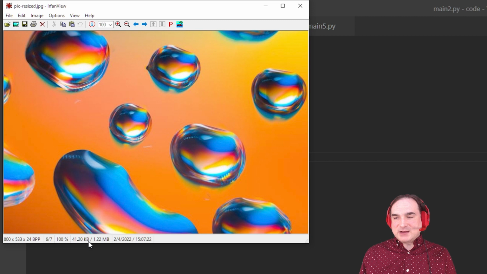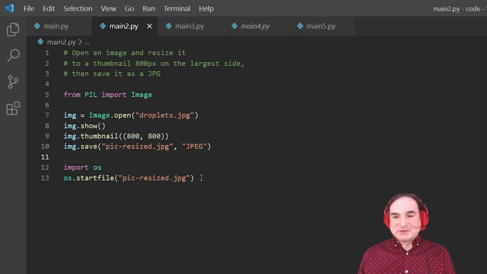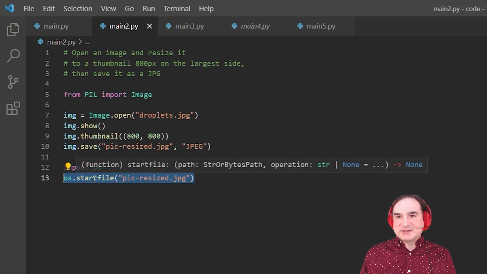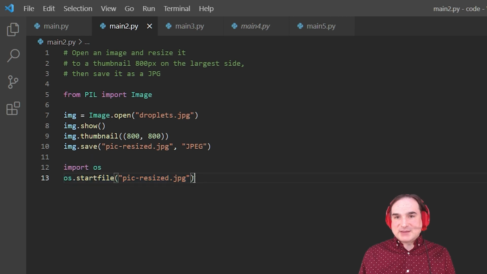By the way, I should note that for this script we're using the os.startfile method to show the image. What this does is it takes in a file name and then uses the operating system's default handler for that file extension. So this way we can actually display the file that we wrote out to disk. We're not just displaying a temporary copy of the in-memory data that we created, because that may not be an accurate reflection of the file that we wrote out.